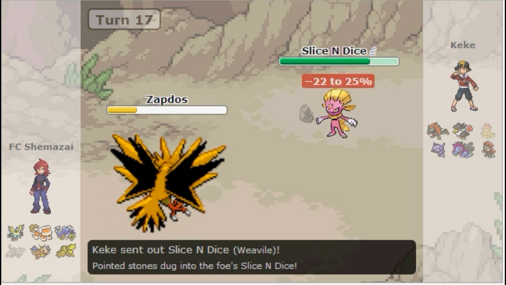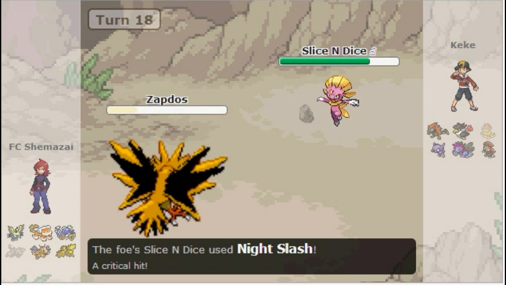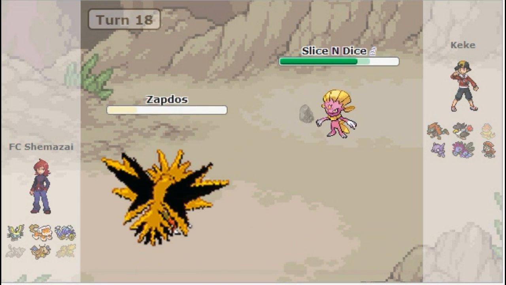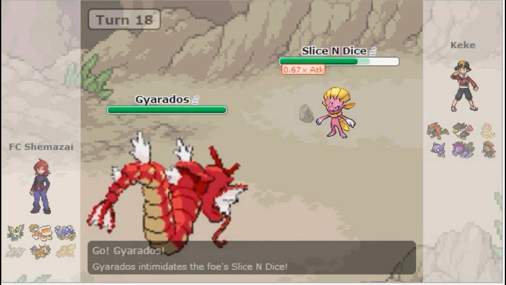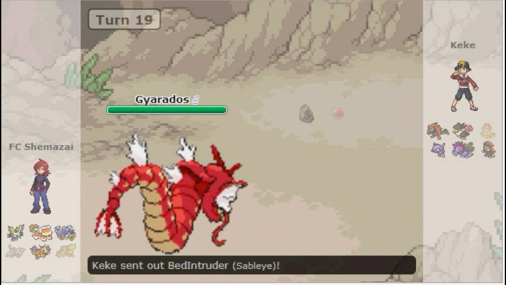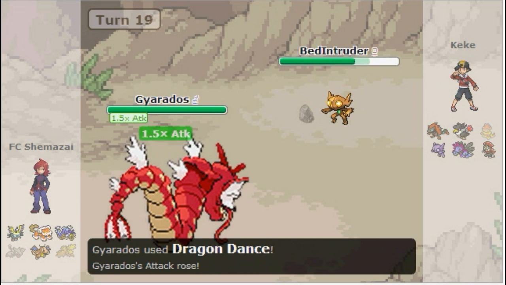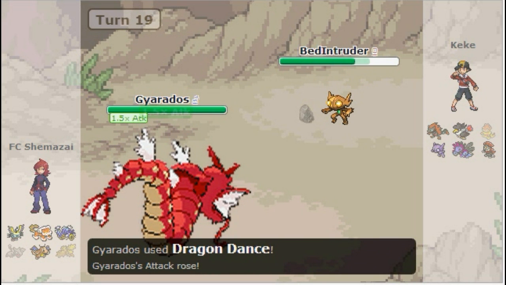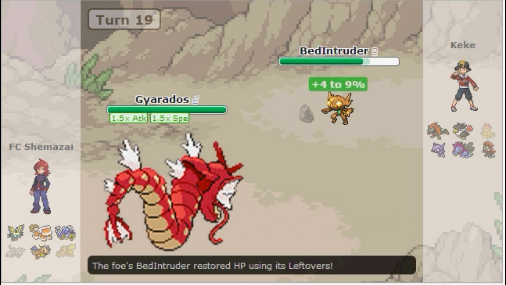That would have been the end of Zapdos and possibly his whole team. But anyway, I'll just send out Slice and Dice to revenge kill Zapdos. And Gyarados gets the Intimidate off, which I'm not liking too much, so I'm just going to switch out into Bed Intruder, thinking Gyarados can't do a whole lot to me, as even if he does Dragon Dance like he does there, I have Prankster, so I should still be able to get a Will-O-Wisp off before he attacks,